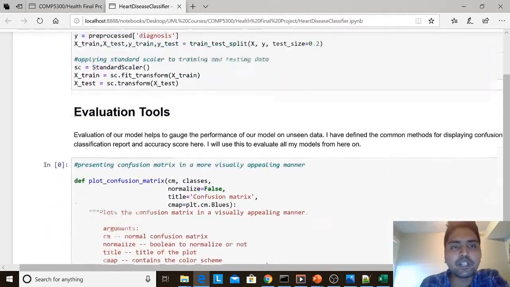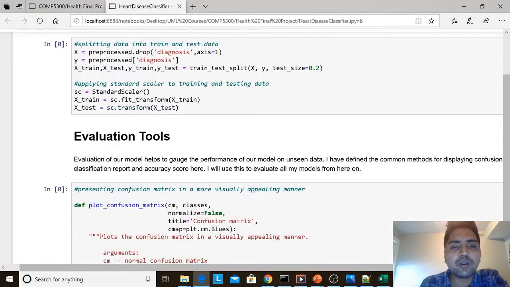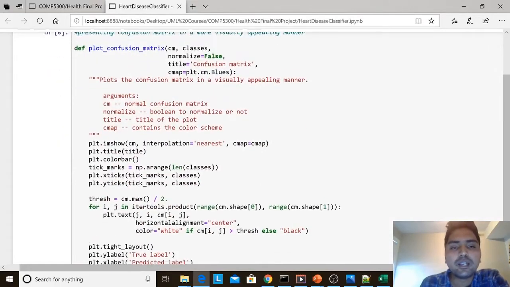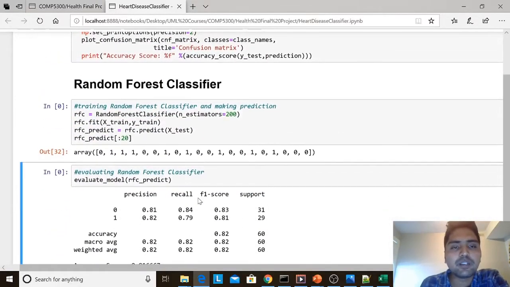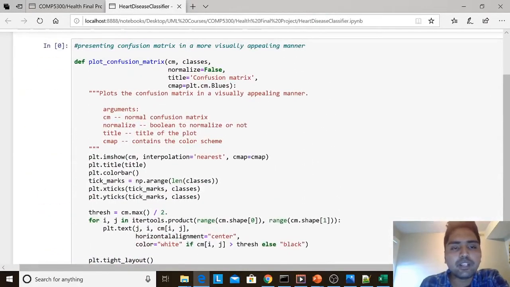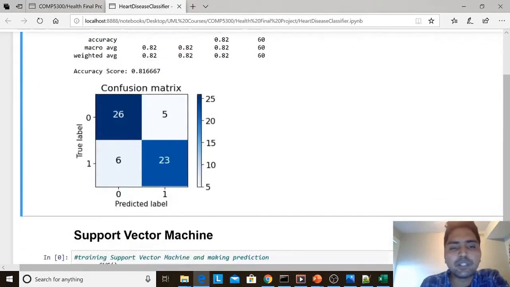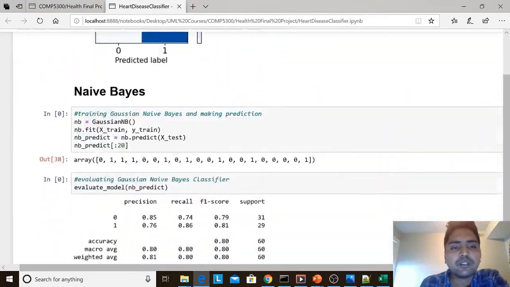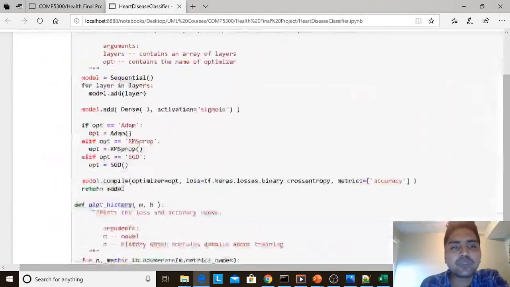And then you need to split it. If you don't have testing data, you need to split it based on what ratio you want. Then you can start with the training and testing. You can define the evaluation tools like confusion matrix, classification report, and everything is available in scikit-learn. You don't need to worry. And training and testing is over. Once you find the accuracy, if you're not satisfied with it,